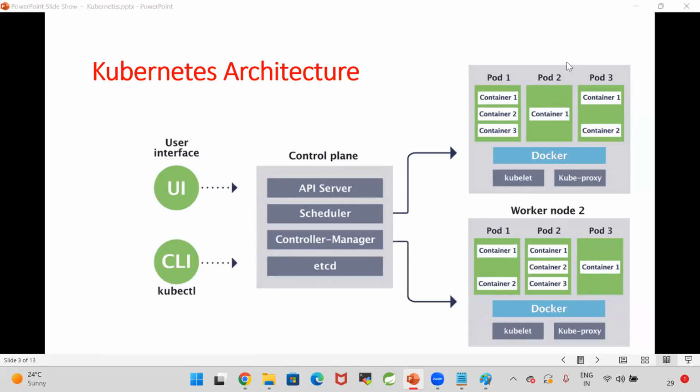Now tell me, Kubernetes is easy or Kubernetes is difficult? Kubernetes is difficult. I'm upfront, I'm telling you, Kubernetes is difficult. See, the architecture itself is very confusing, and now we need to work with this architecture.